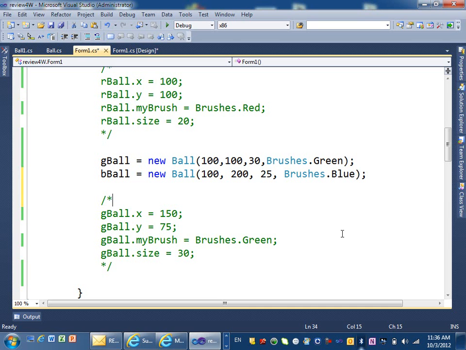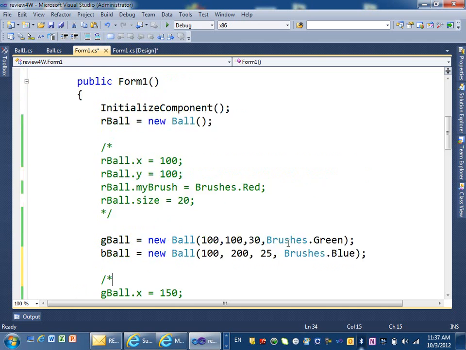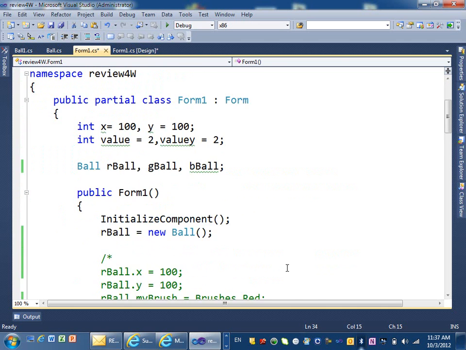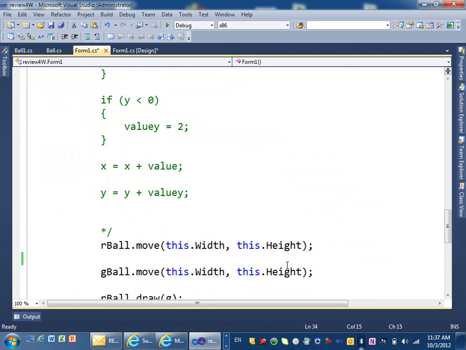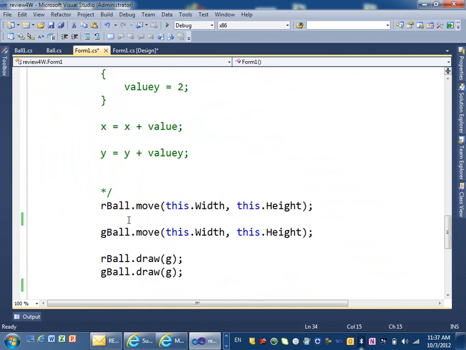So how many objects do I have now? 3. Would this appear on the screen if I just define it here? Where are we doing the drawing and the moving? In the timer. Let's take a look at the timer. Which things am I moving? The red ball and the green ball, and I'm drawing the red ball and the green ball. But if I wanted to move the blue ball, I have to do what? B ball dot move, right? So I do the same thing. Control copy